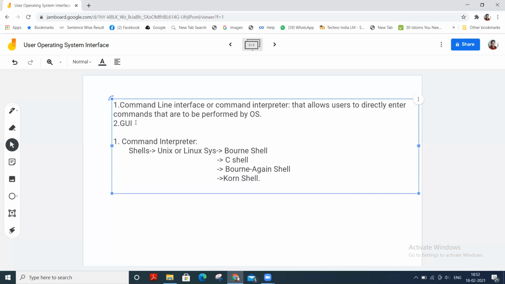The main function of the command line interpreter is to get and execute the next user-specified command.